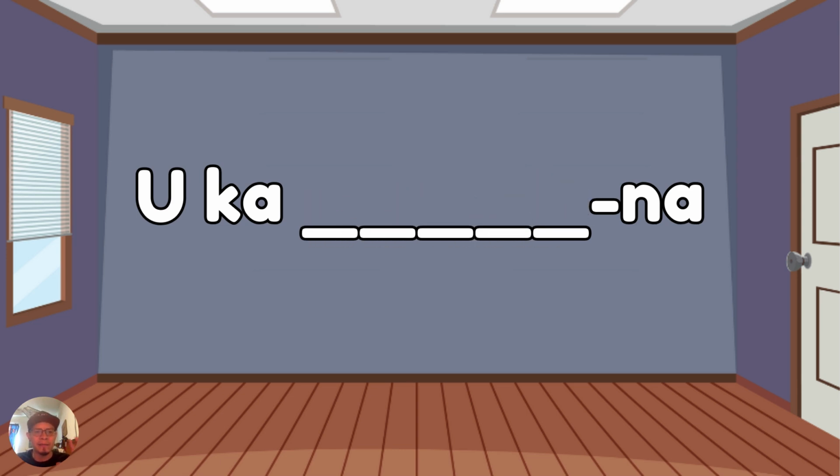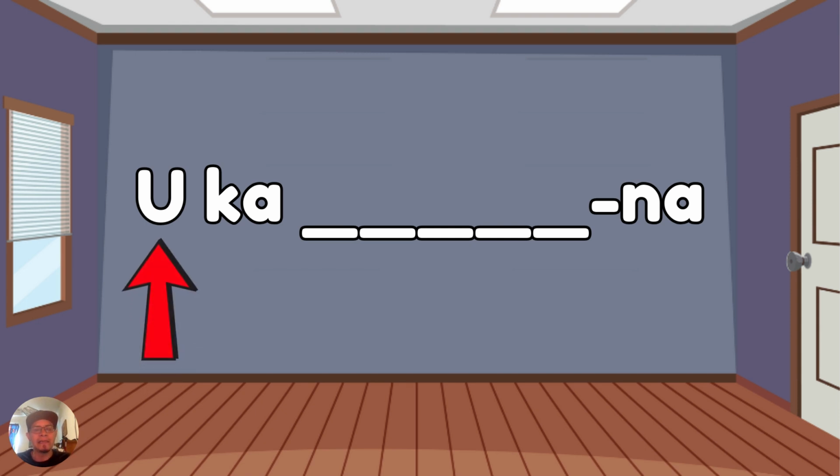The template or the construction is what you see here. Uqa blank na. This can mean "when you were blank" or "when you are blank." Now you might be asking yourself, I know the word for "when" is hanano, so why don't I see this in this sentence? Well, the answer is simply that Numu is not English. When you're learning a new language like Numu, keep in mind that you can't expect every word you would expect in English to be the same in Numu, okay? So it is different. Let's break this down so we can better understand it.